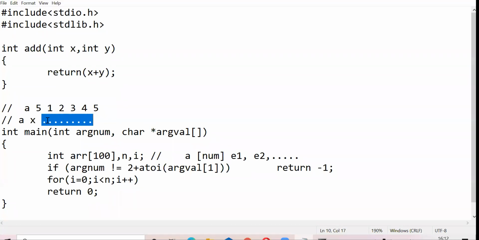So what is the total number of arguments? These x plus these 2. So that's why there is a 2 here. This 2 comes from these 2 arguments: one is your program name and the other is your first argument, which tells you the size. Again, I would ask you to think a bit about it. If you understand clearly what exactly argnum and argval are, you will get it easily.